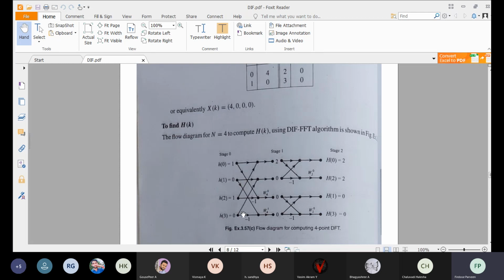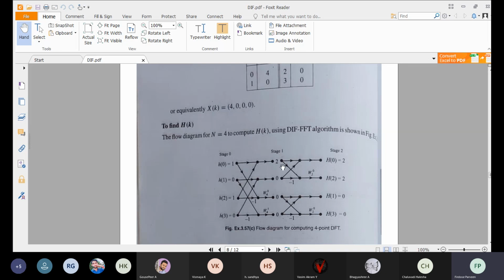Okay. Here will be minus 1. Okay, here will be minus 1. You have seen the basic butterfly diagram. Okay, minus 1 will come here since from here it has been connected. Okay, now this one 1. So 1 plus 1, it is 2. From here it is 1. From here it is minus 1. So it is 1 minus 1, it is 0. So I'll put a 0 here. Okay, so in the same way, 0 from here, 0 from here. So 0 plus 0, it is 0. Again the same thing, 0 minus 0, that is 0 here.